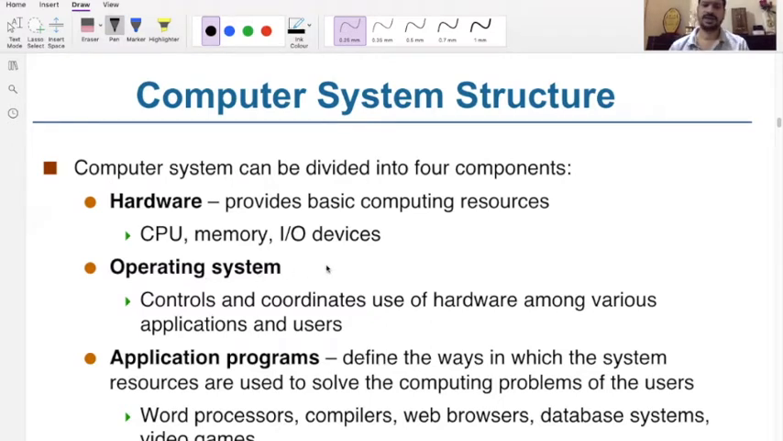And then we have the operating system, which controls and coordinates the use of hardware among various applications and users. So how these applications are using the hardware will be controlled by the operating system and coordinated among those programs. If we have 10 or 20 programs open in our computer system, how are all the programs running at a time, because we have only one CPU available, or let's say a four-core or 8-core CPU available,